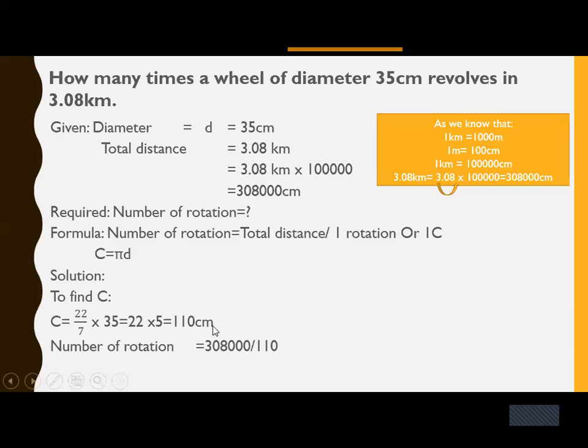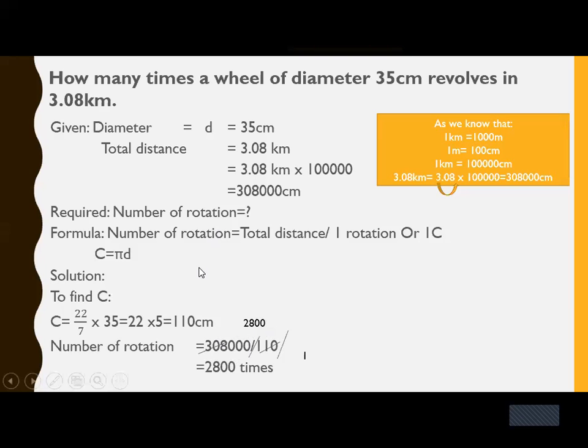Now let's find the number of rotations. So let's put the total distance 308,000 in the numerator, and in the denominator we get 110. First, these zeros are cancelled, this 0 and the 0 will be cancelled. Now, 11 ones are 11, and 11 twos are 22. Here, 8 left. 11 eights are 88. And then these two zeros will be written. So we get the number of rotations equal to